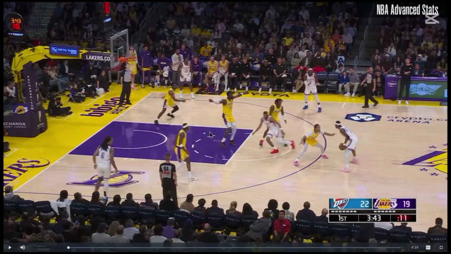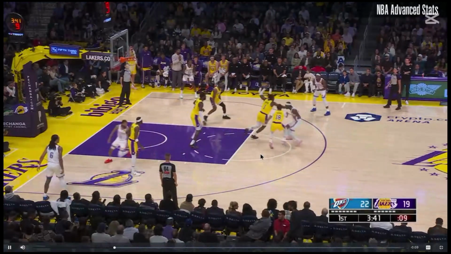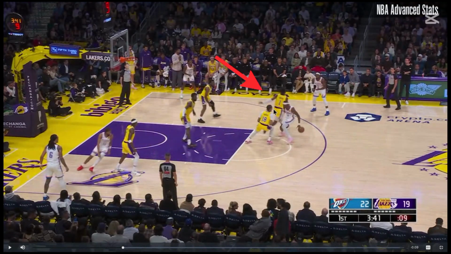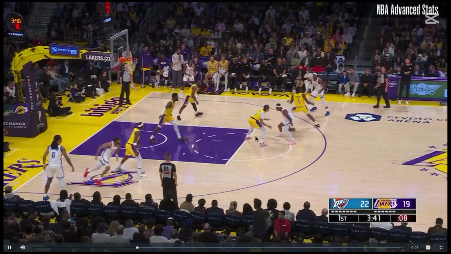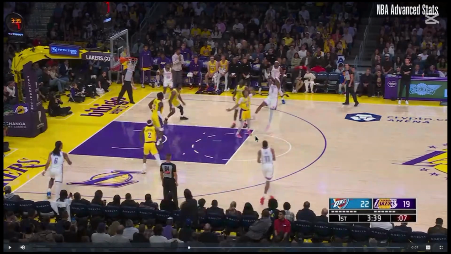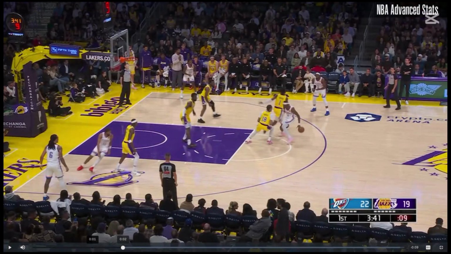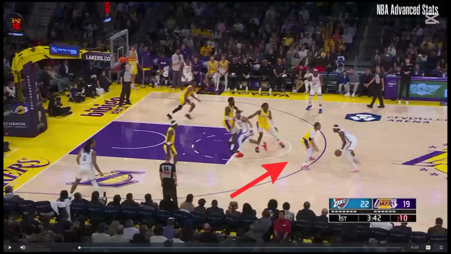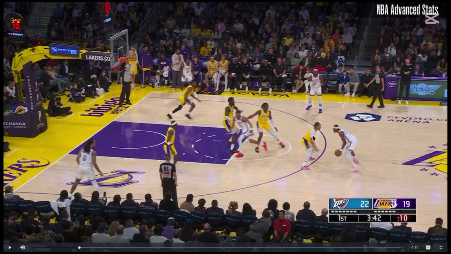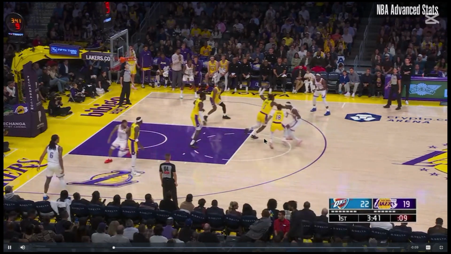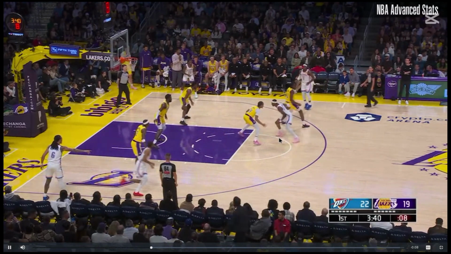This third shot, you see that Shai is going to drive right, stop because this defender cut him off, and then he's going to shoot this shot right here. The reason that he shoots that shot is because this defender right here is much shorter than Shai and has less length. If you look at their arms, that defender has less arm length and he's much shorter than Shai. So when Shai stops and he decides to do this right here,